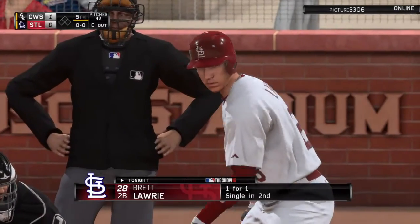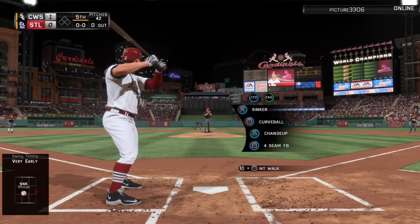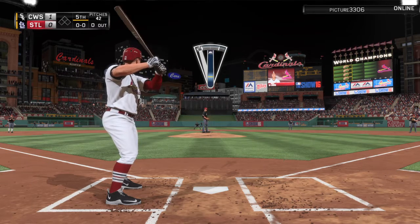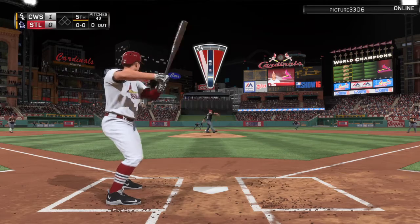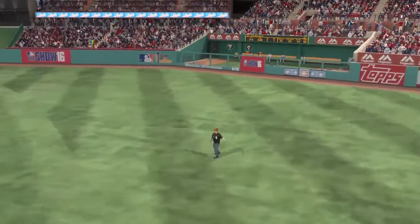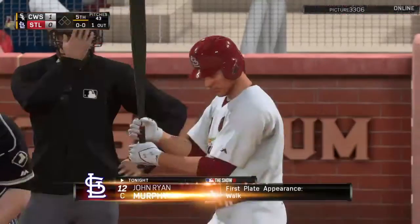Brett Laurie comes to the plate as we get started here in the bottom of the 5th. And in a pretty close game so far, they'd love to see this guy get on base so they can get a rally started to get back in this thing. Lifted in the air out to right. Myers is there, and it takes just one pitch to retire the leadoff man in the home half of the